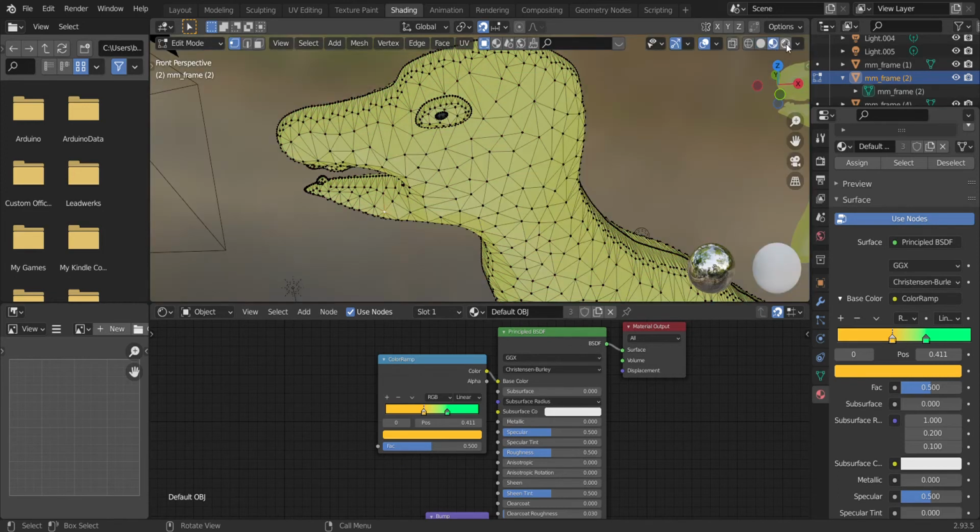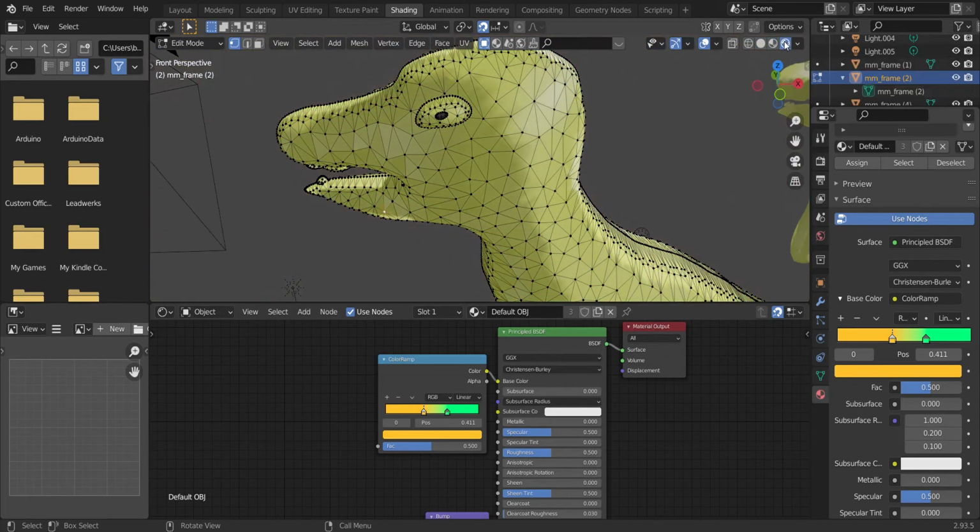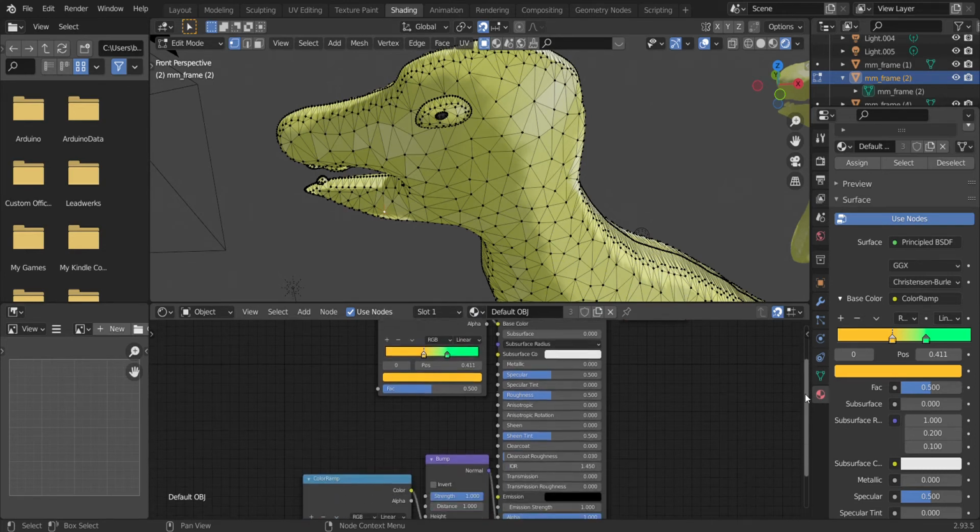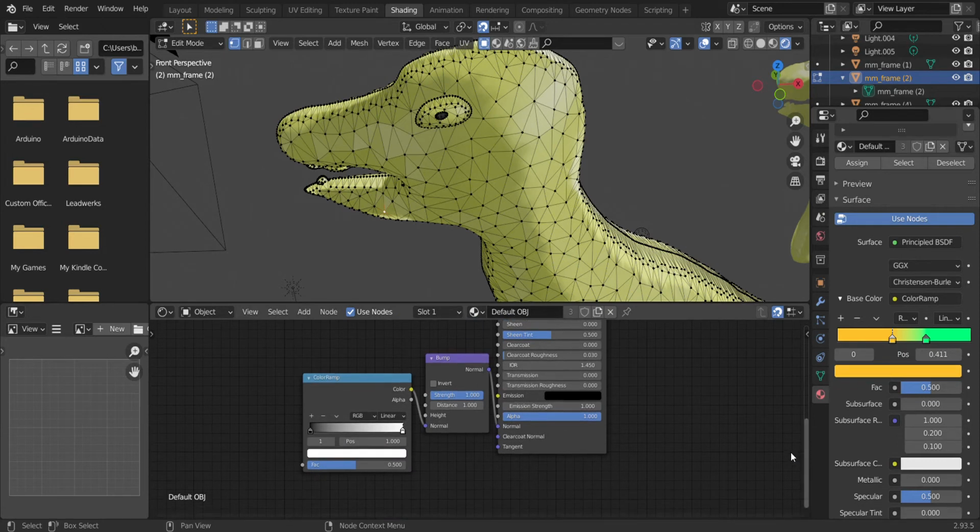Which is setting up as principled BSDF on the side panel, right? For the surface. It's not that. So here what we're doing is basically adjusting, like if we want it lighter or darker over here,